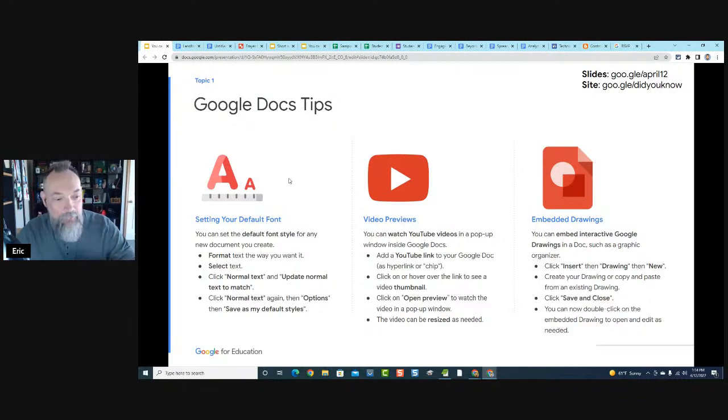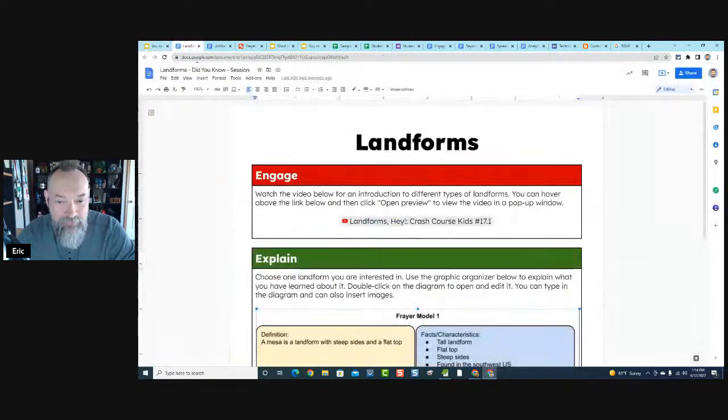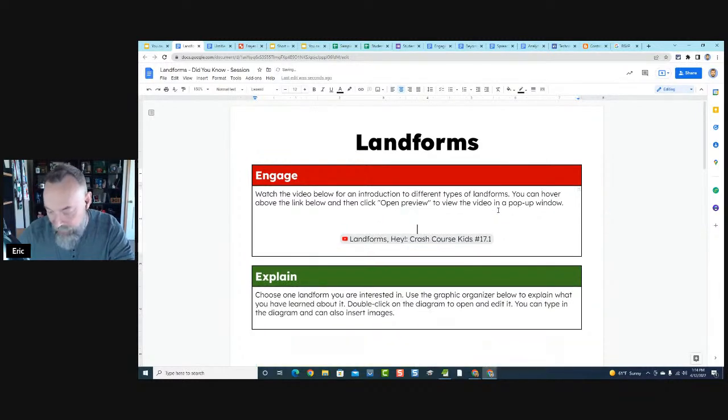I do see a few things popping up in the chat. There was a question about how I got that chip in there again. And the chip idea really is just something that pops up automatically from Google as a suggestion anytime you add a hyperlink into a Google document, if that hyperlink is to a video or a slideshow. So if I paste in a hyperlink into my document, I get this pop-up over here